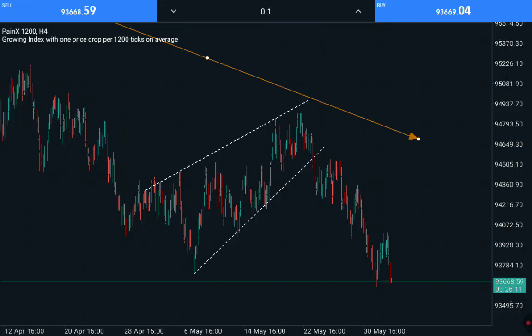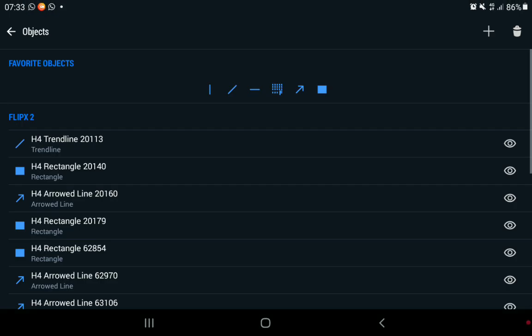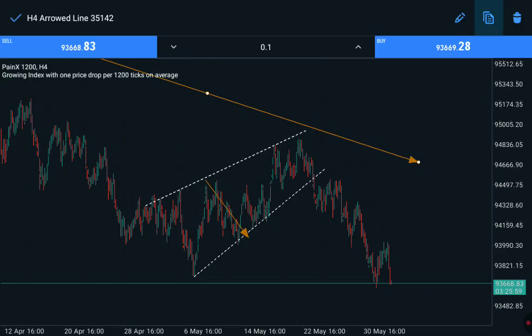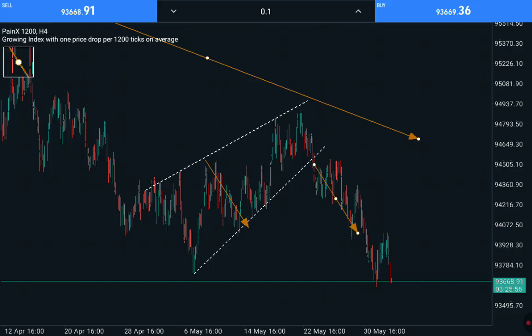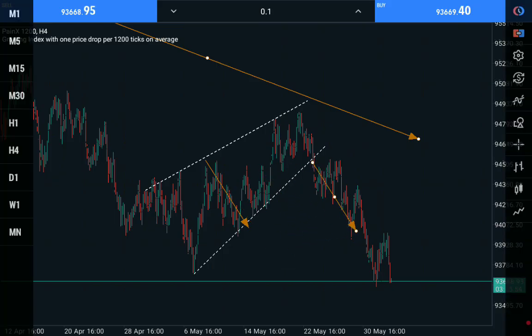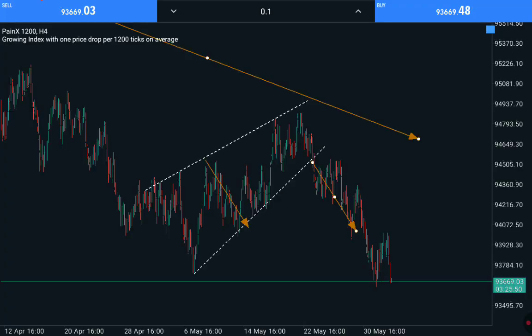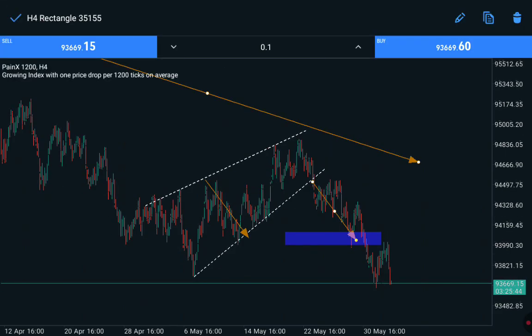All right, so looking at it, what we do, we just measure the distance in between the channel average from the opening here. All right, so you can measure it like that, right? Then you transfer that distance from the point of breakout. So it means you are taking profit 1 where the price will manage to touch the arrow like that. All right, take profit 2,